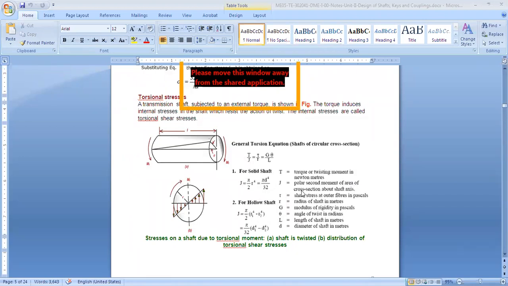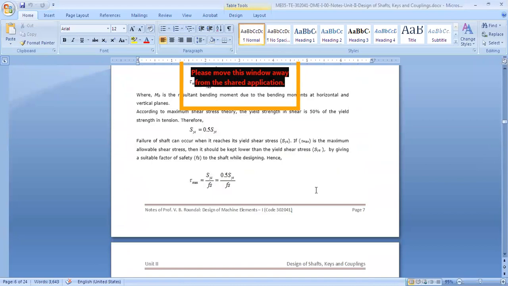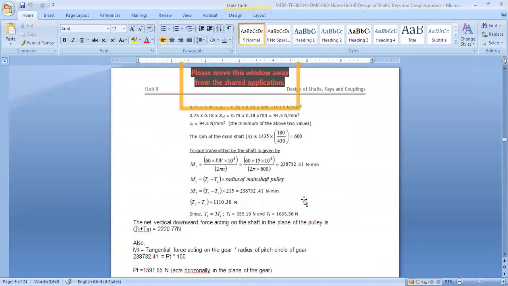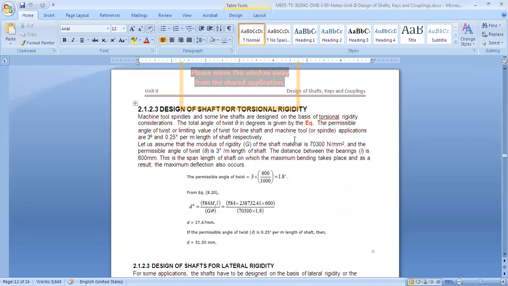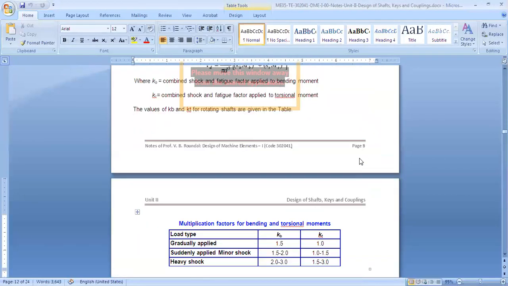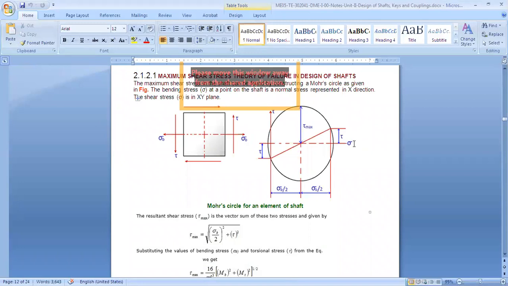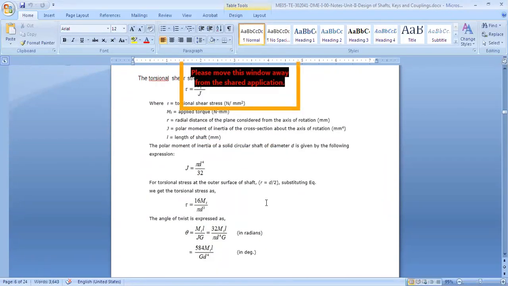This design is called the design of the shaft for the torsional rigidity. So we are trying to make it rigid for the torsion. Okay, so let's go to that equation now. Actually, the equation derivation is not here. The equation we have derived somewhere, I think in the very first or second stage itself. Okay, this one. So we use this equation, T upon J is equal to G theta by L, right?